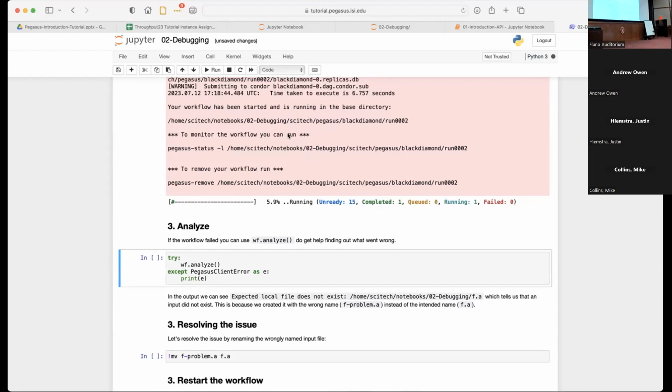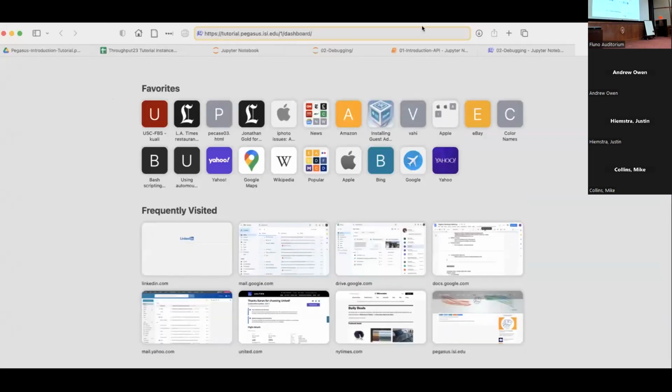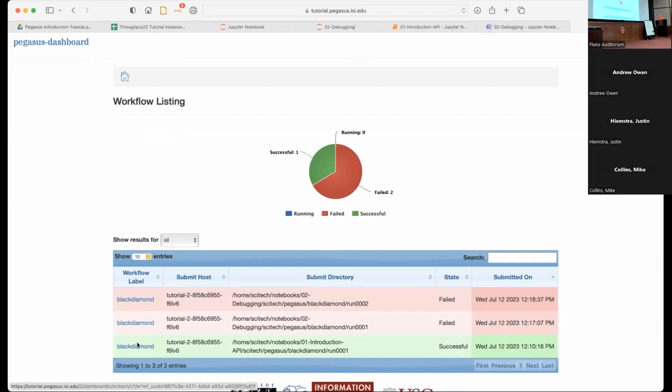Sorry, I was so in the background. Did Mats correct me? So we do run the dashboard in the training instances. So you can, while this is running, I will just. Right, so while that notebook is running,